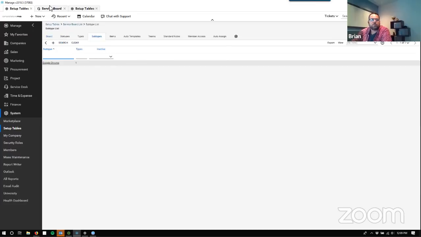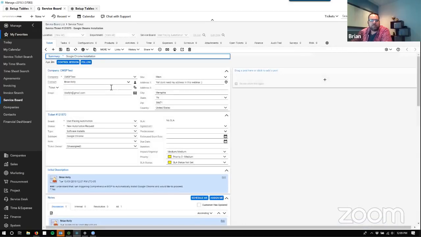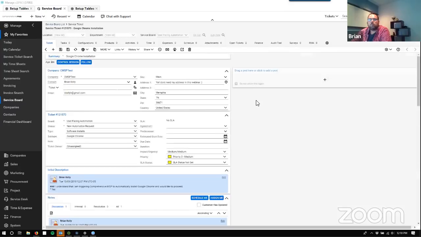and it's looking at this board. So if we go over here to the board, we can refresh and we'll see that this ticket has come in. So right now there's a problem with it, and let me point this out. I've got a workflow rule set up as a backup plan that is going to inform me that it can't proceed with this automation because a configuration is not attached to this ticket. I can manually attach that configuration, which I'm about to do, but the way you avoid having to do that